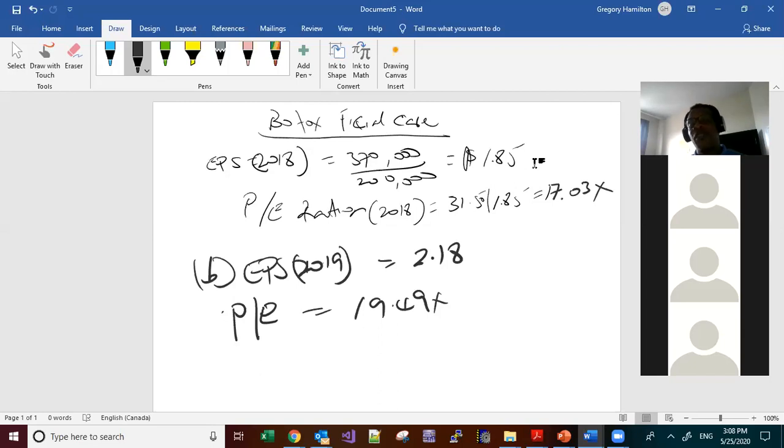If you're talking from a company's perspective, the only reason why the company would be concerned with its PE is if it's looking at what would be its share price. Because remember the objective of